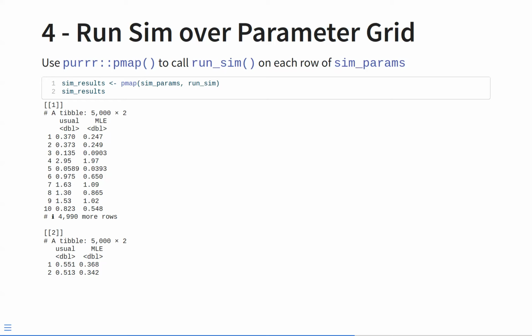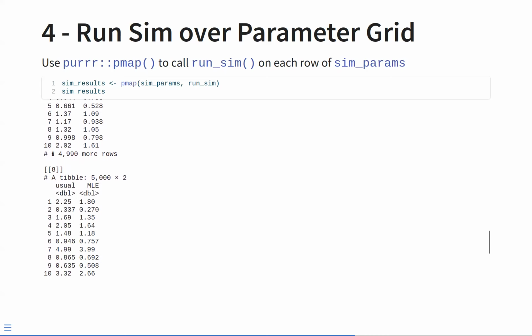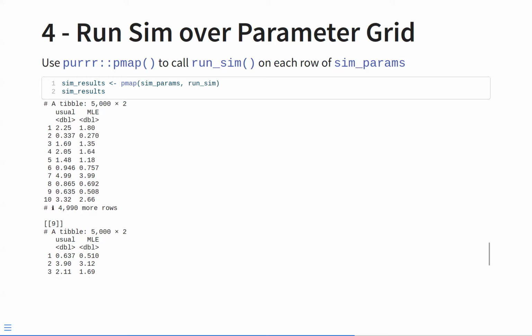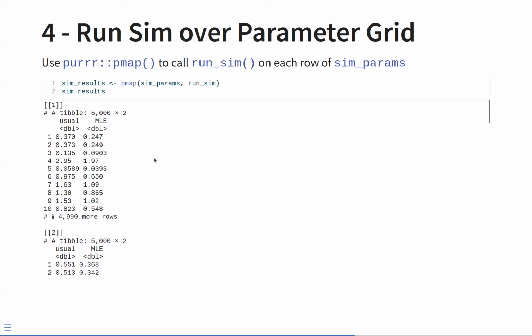So what happens here? Well, we're going to produce a list. The list will have 9 elements, and I think I can scroll here to show you those. So as I go down, you see I've got 1, 2, 3, 4, 5, 6, 7, 8, 9. So I have 9 elements. Each of these is a tibble with 5,000 rows and 2 columns. It corresponds to the 5,000 estimates that come from doing 5,000 replications of the simulation study at a particular value of the parameters. So each of these 9 list elements corresponds to one of the 9 rows in the tibble